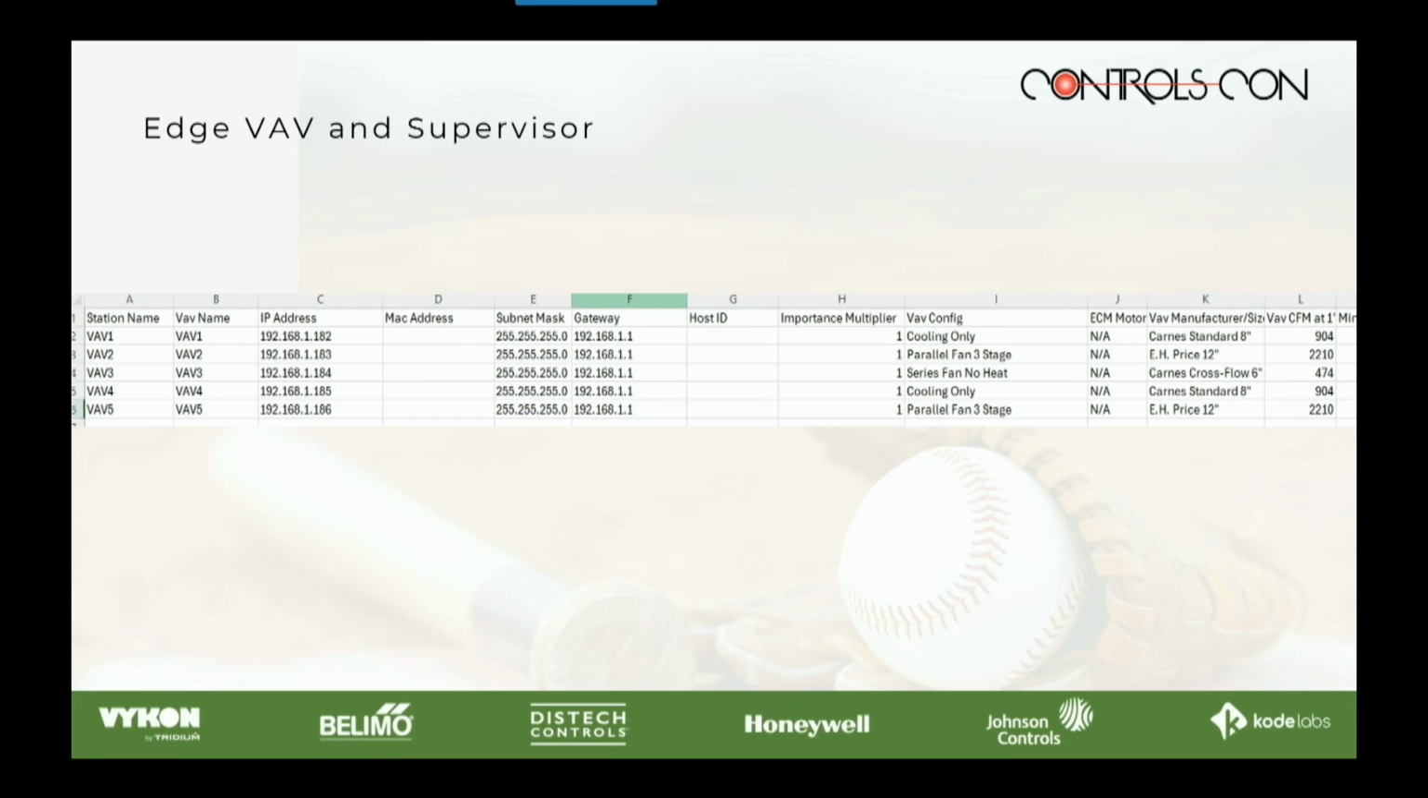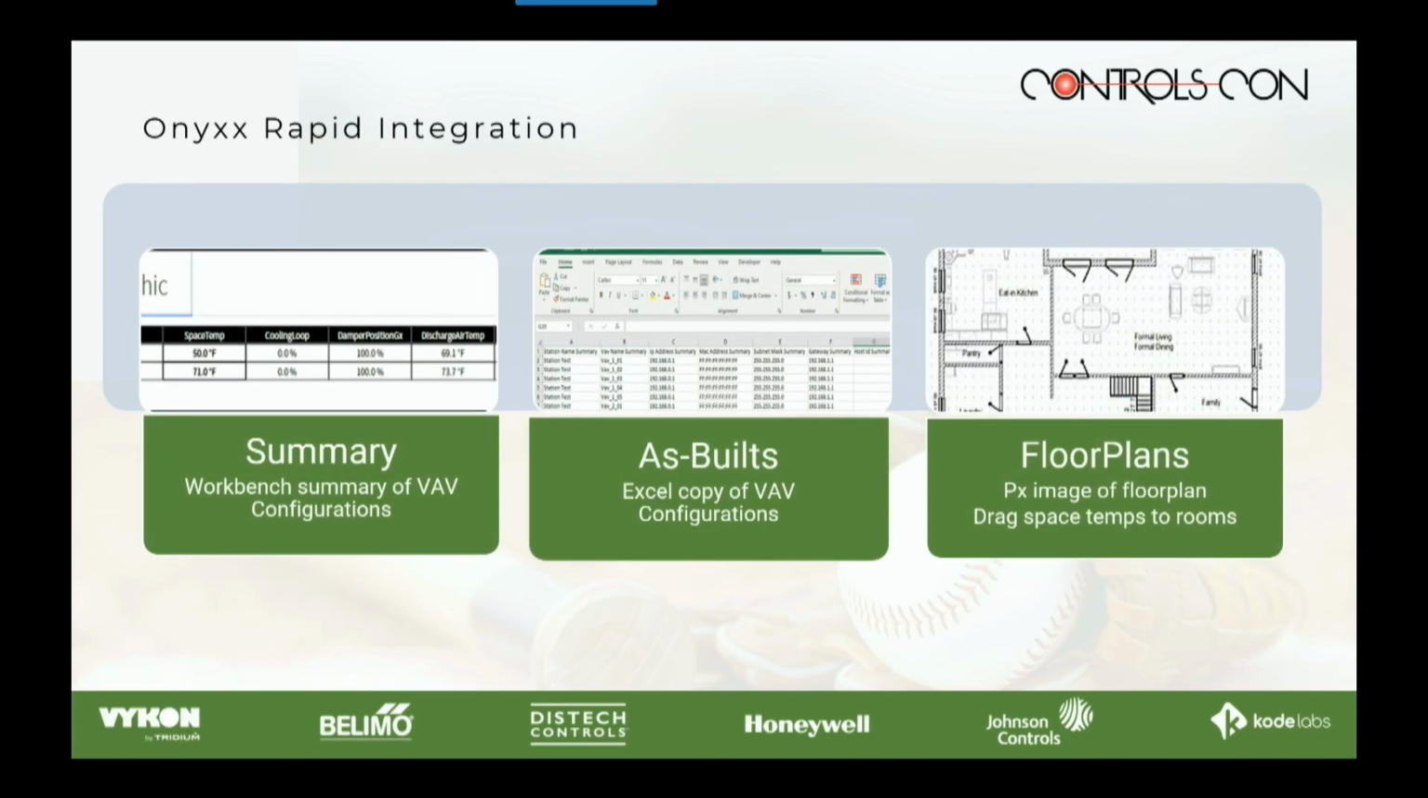So you can see the station name, the VAV name, IP address, subnet mask, gateway, importance multiplier. That's really important for the G36 application. And it'll continue to go through. So I'll show you what that looks like at the station level. Also, with the Edge